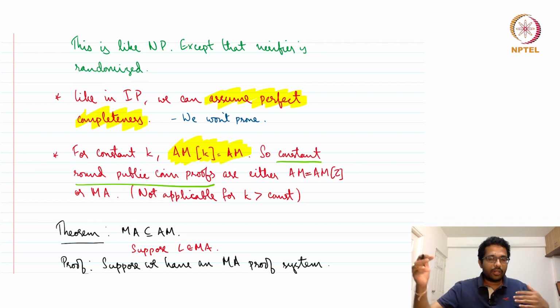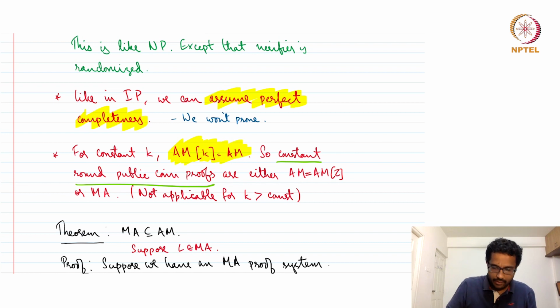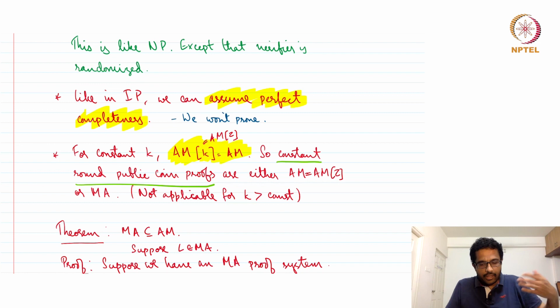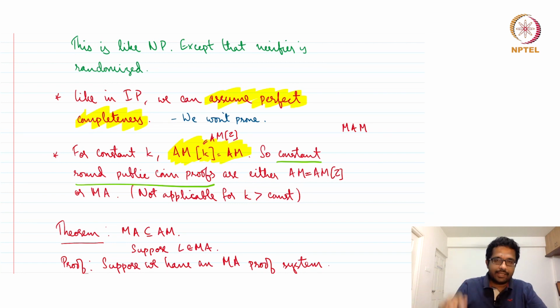So if you had more rounds, let's say AM with k rounds, with a constant k, this can be reduced to AM with 2 rounds, which is the same as AM. And even if you start with MA, there are proof systems denoted MAM, meaning Merlin sends a message, Arthur generates a random bit, then again Merlin sends a message. All of this will reduce to